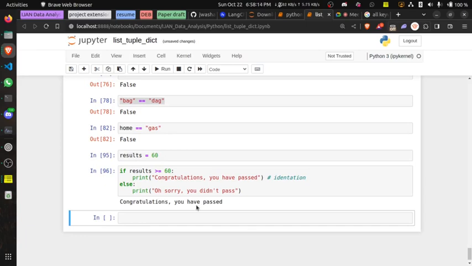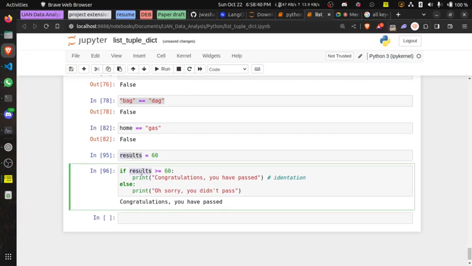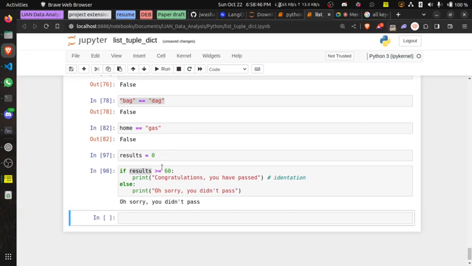Congratulations, you have passed. So I'm sure you must have seen some of this kind of thing on websites, maybe where there's a grading system, that you have to get a particular score to get a pass, and you see particular responses. So this is how it's actually being generated, right? All you have to do is just change these results, because result is a variable I'm using here. So I can change this to 0. You already know what will happen. Sorry, you didn't pass. So that is using something that we can relate with, right?